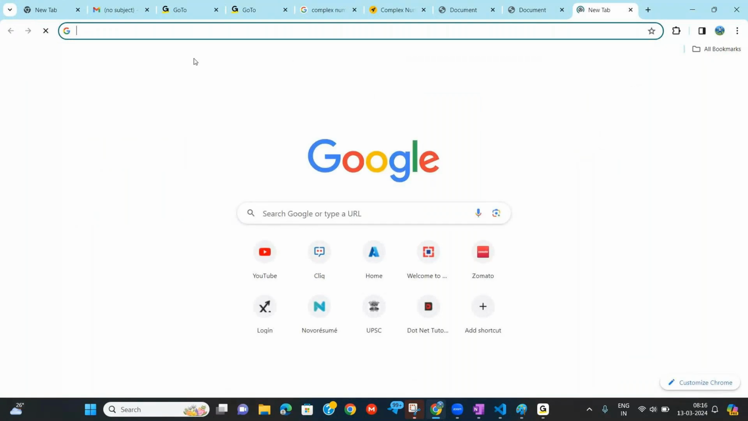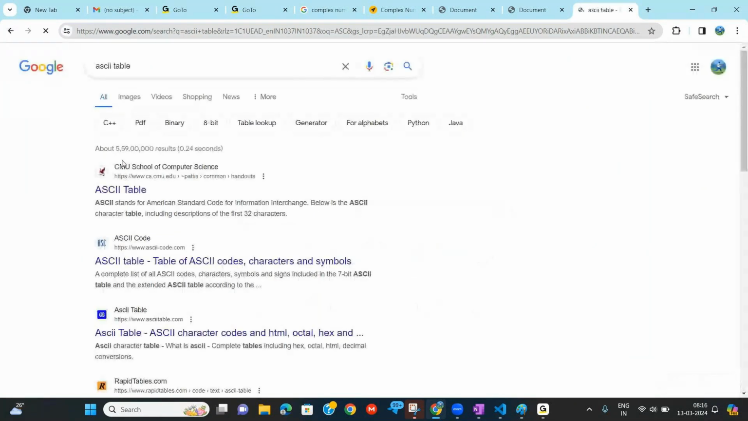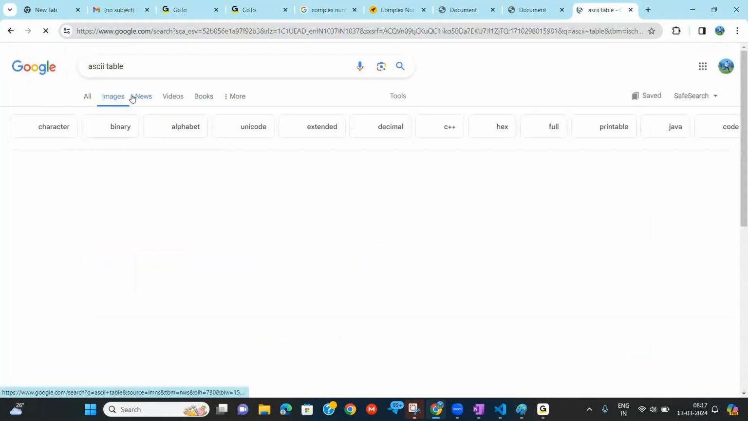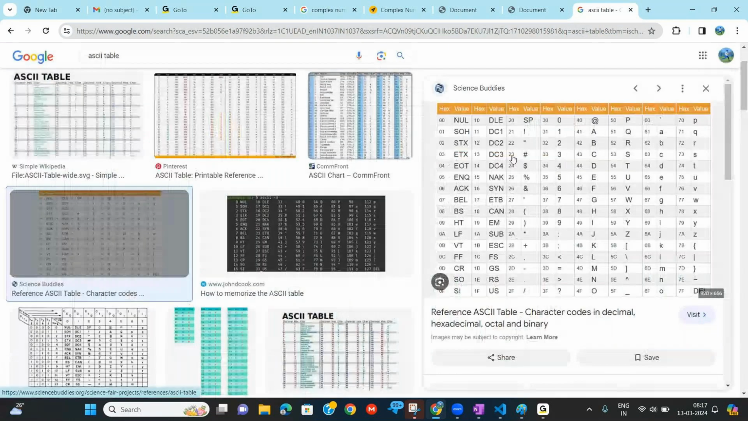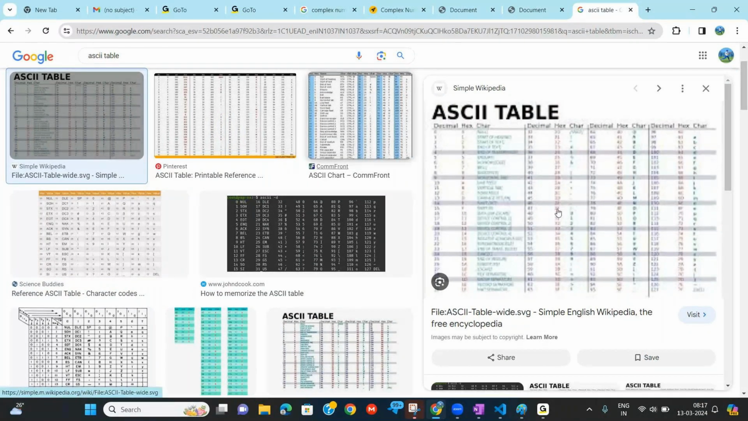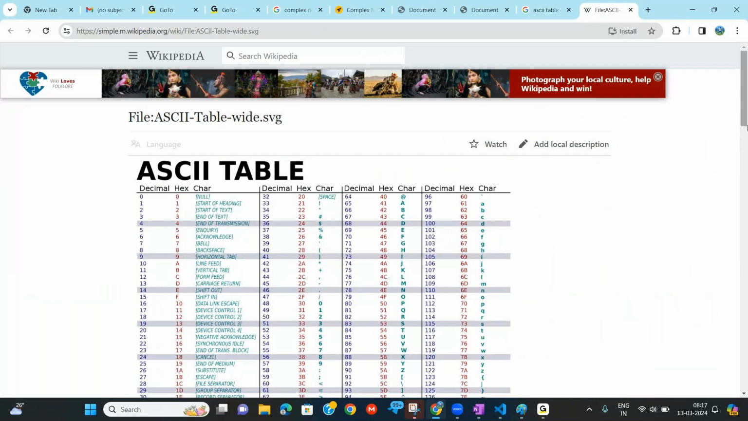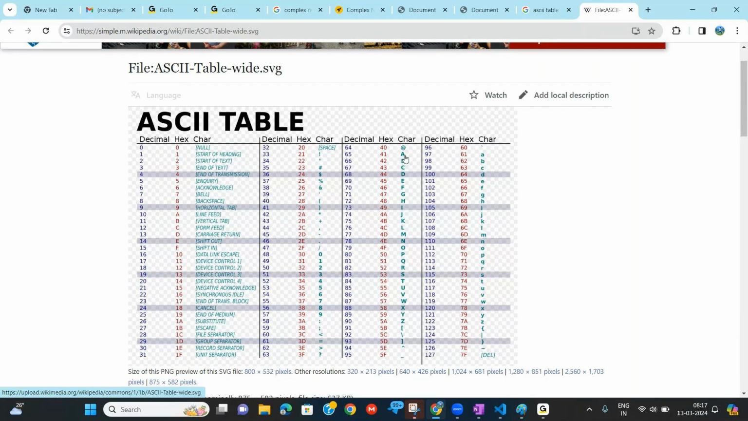So see, if you try to search there, ASCII code, ASCII table, right? Are you able to see the screen, guys? Hello. Yes. Yeah. So here you can see, if the character is 65, the decimal number 65,